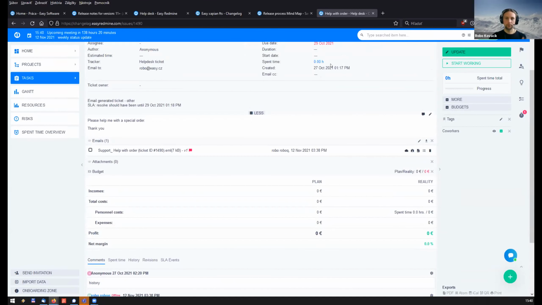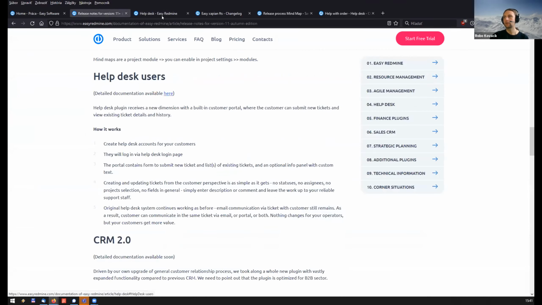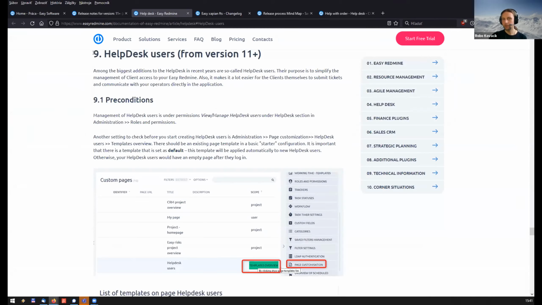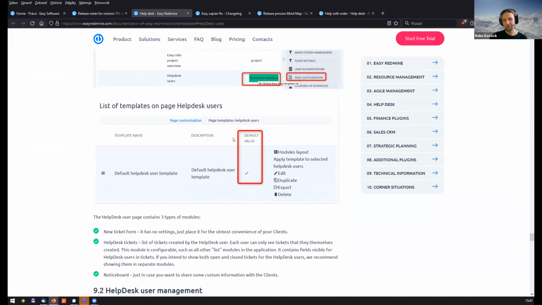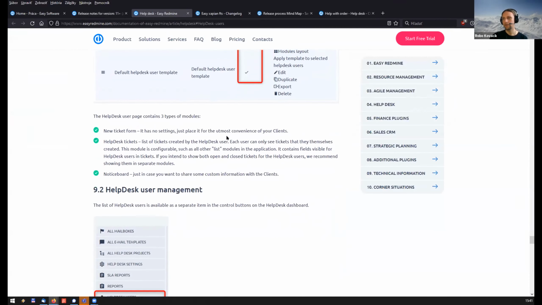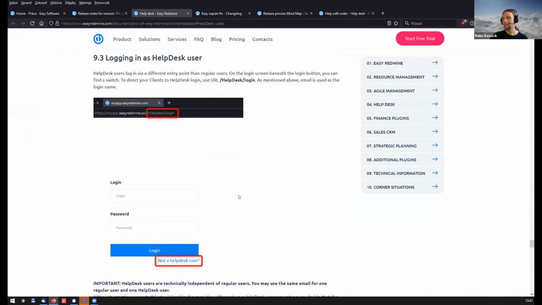So this would be about the process of how the ticket works, how the communication works with this help desk user. Again, I suppose, due to limited time, I have to point you to the documentation, which is very detailed, which again is linked from release notes. It's a part of the big help desk documentation, chapter 9, and I hope it gives you most answers that you may have